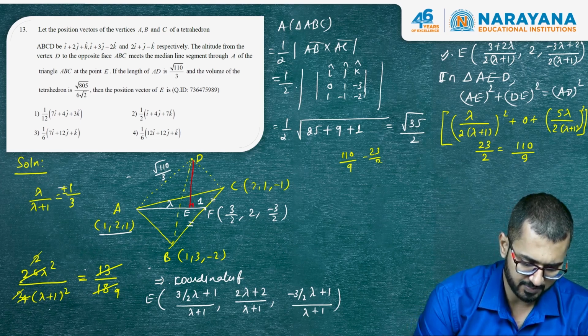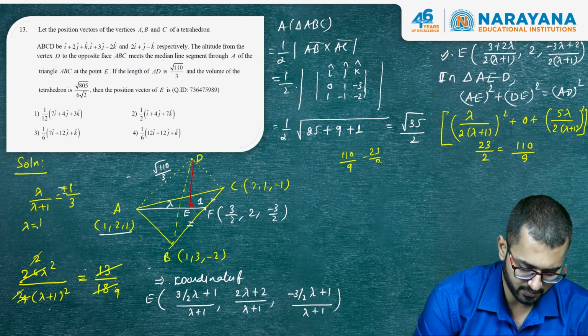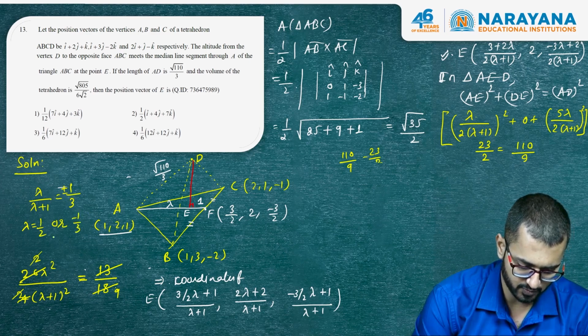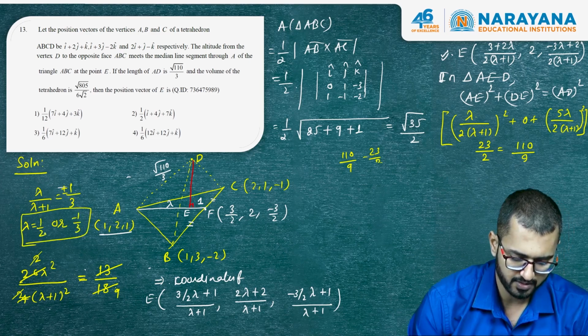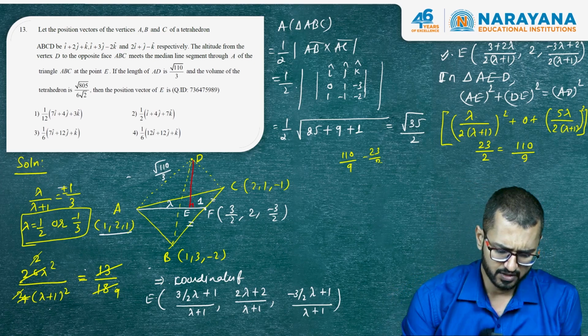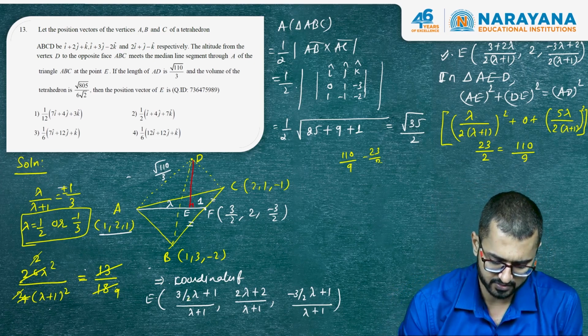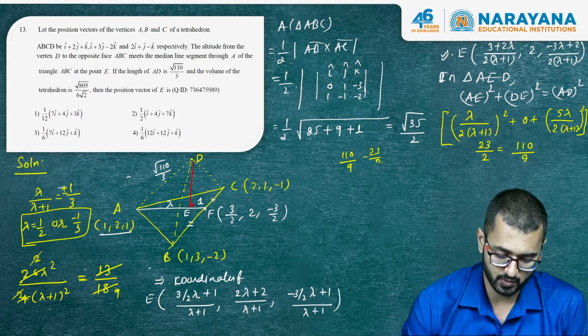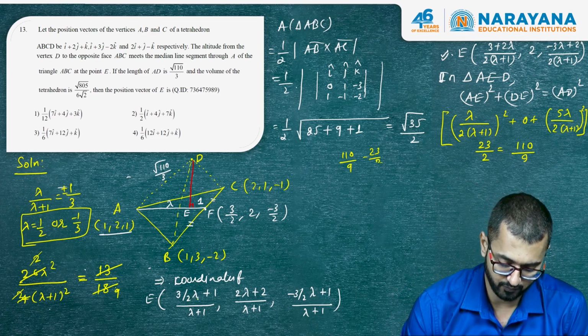So lambda by lambda plus 1 equal to 1 by 3. That means lambda equal to 1 by 2 or minus 1 by 3 plus 2 by 3, so minus 1 by 3. So both are possible, lambda equal to 1 by 2 or minus 1 by 3. So now we'll plug in lambda equal to 1 by 2 here. So this will give me what? 3 by 2 into 1 by 2. So 3 by 4 plus 1,